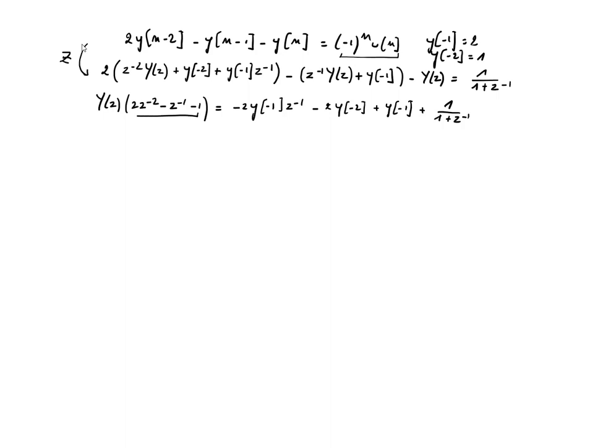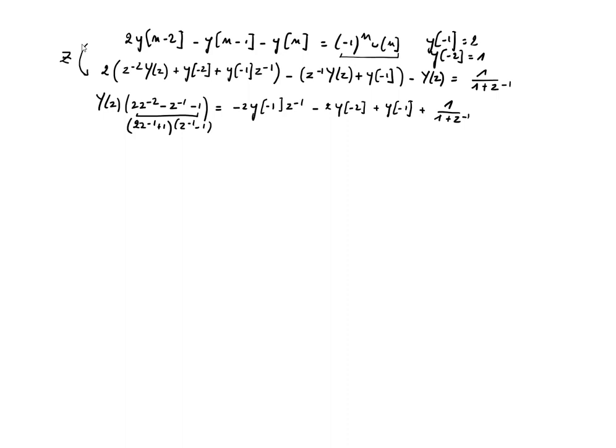This one we have a 2 in front of here, so beware. 2 times z^-1 plus 1, z^-1 minus 1, so we can factor it like that. Please check, and here